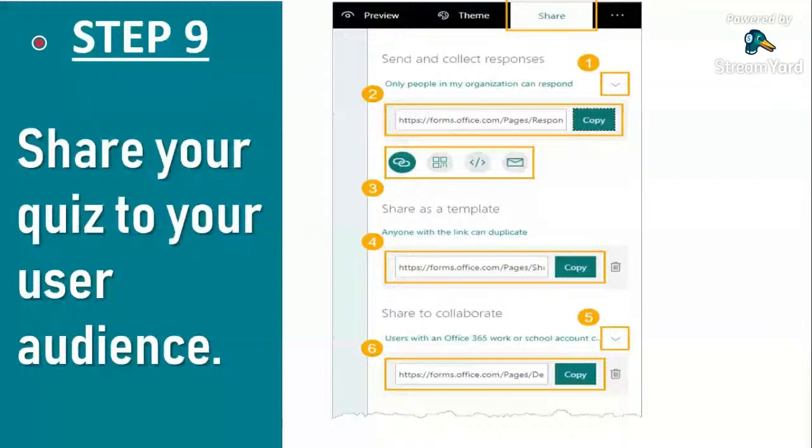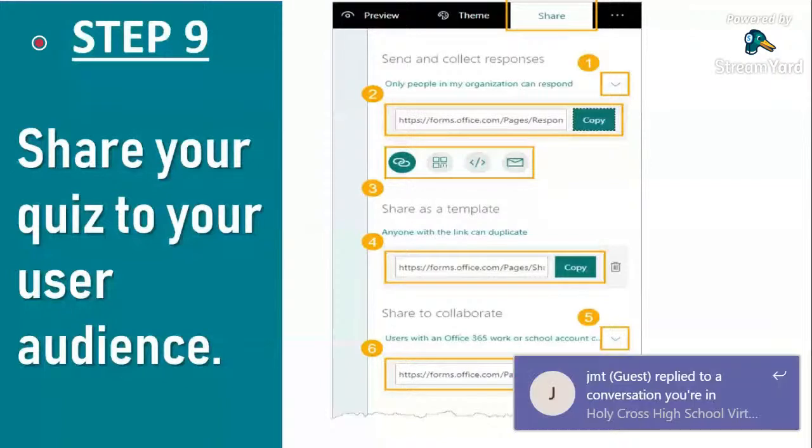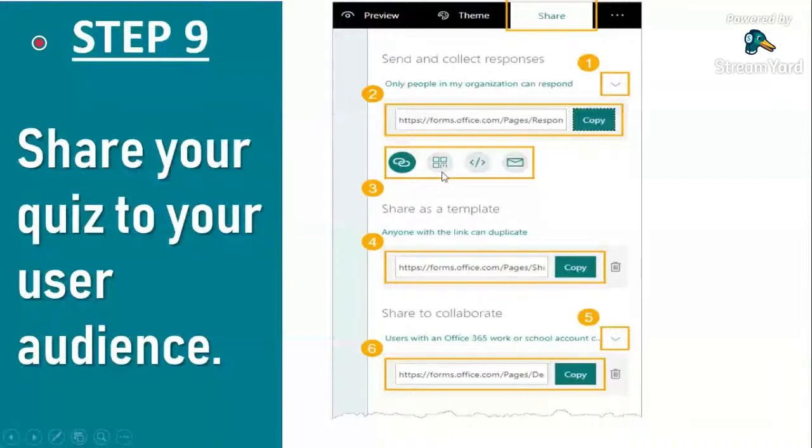Okay, so there are four options. Number three, there are four options here available in order to share your form and start collecting your responses. By sending it with link, by copying this one, or the second here, you can get it using a QR code that students can scan by downloading the image and sharing it anywhere you want.